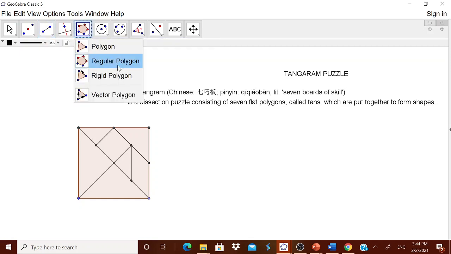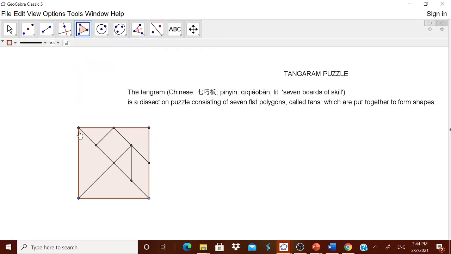We want to make all of them as polygons. Go to this polygon tool, carefully do number 1. 1, 2, 3 and 1. Triangle over. Then 1, 2, 3 and 1. Triangle number 2. 1, 2, 3, 4 and 1. Polygon. 1, 2, 3 and 1. Triangle. 1, 2, 3 and 1. Triangle.